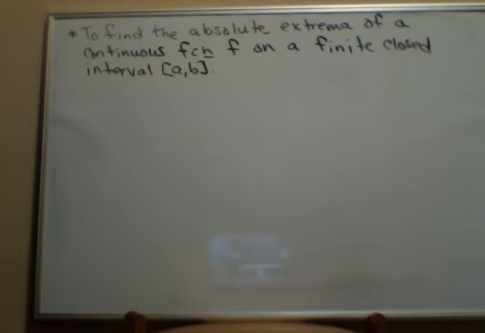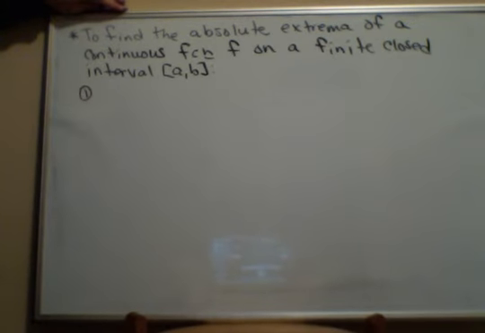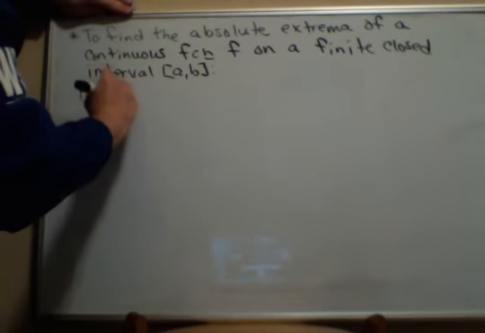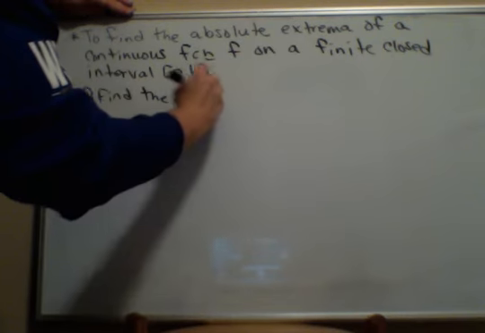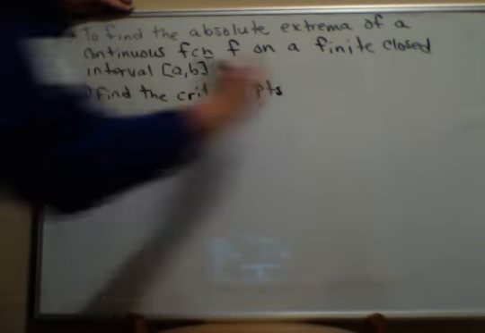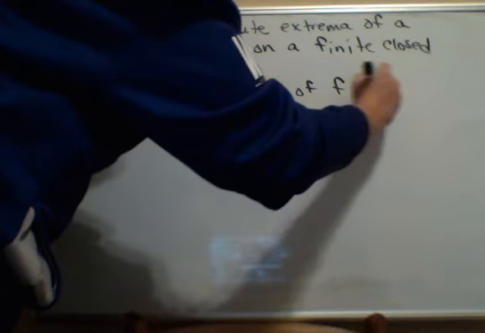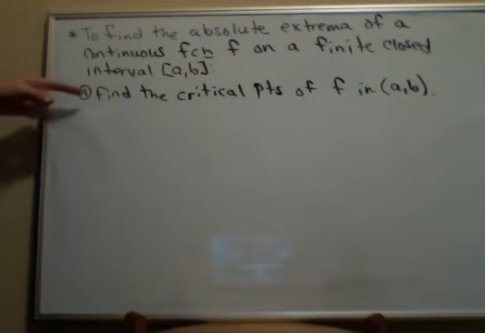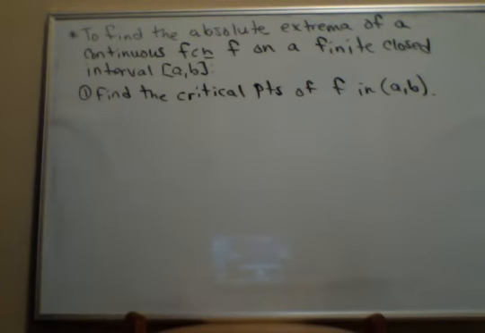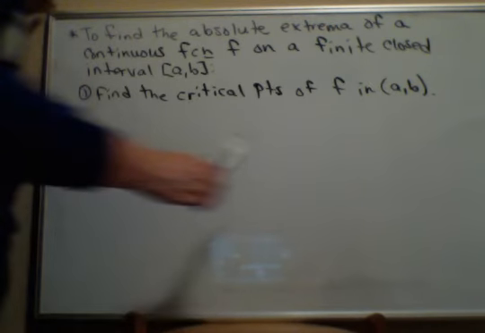We really just have three little things that we have to do. First, we're going to find the critical points of f. Now, this is something we have been doing. Find the critical points of f in A to B. So remember, to find those critical points, what we're talking about are turning points of the graph. So this is where we find the derivative, set the derivative equal to 0, and find those x values where we might have turning points,